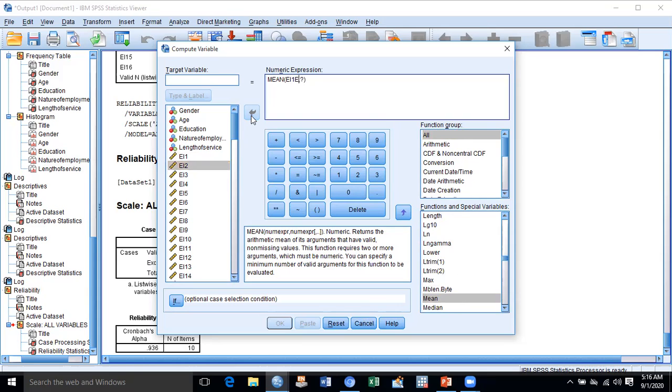If it is not giving a comma automatically, we simply click it manually. Then comma and emotional intelligence 3, and after that comma again I will give emotional intelligence 4 as well, and step by step I will give all the relevant items.